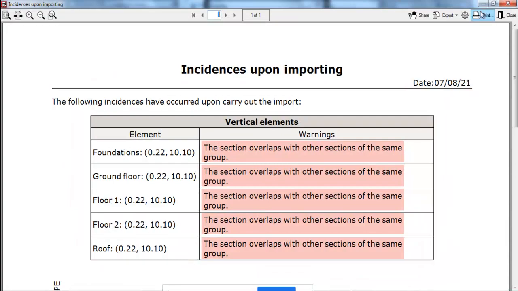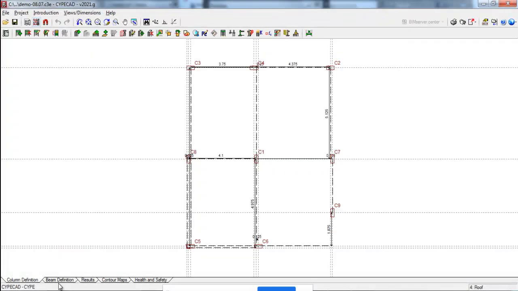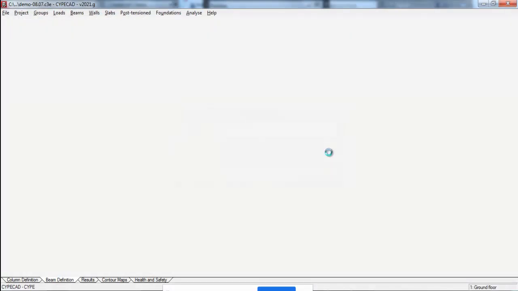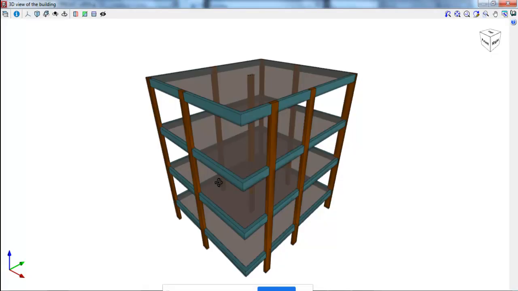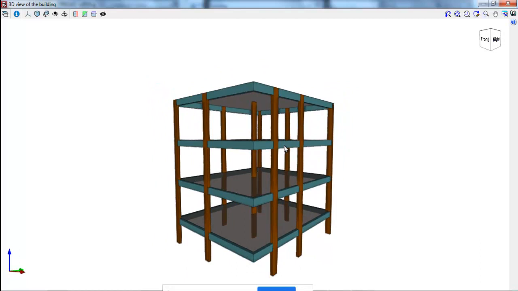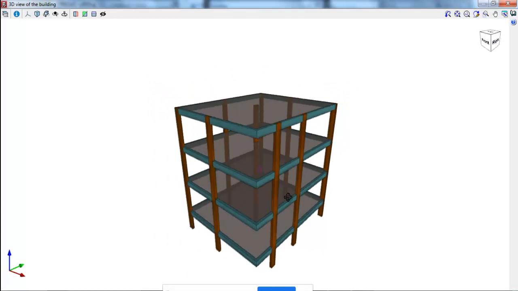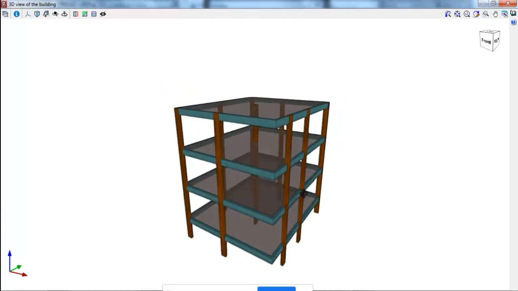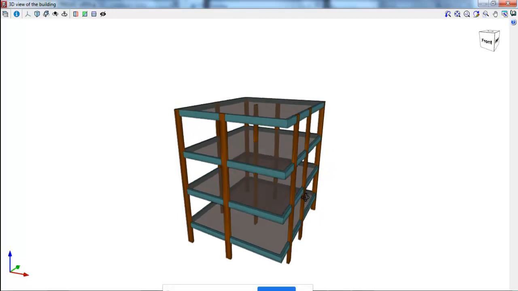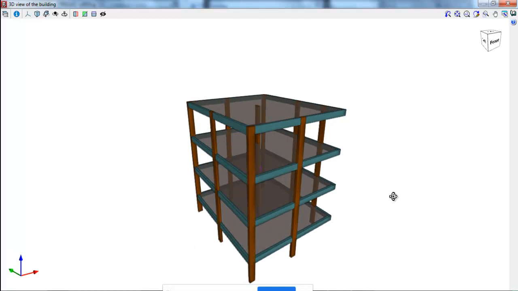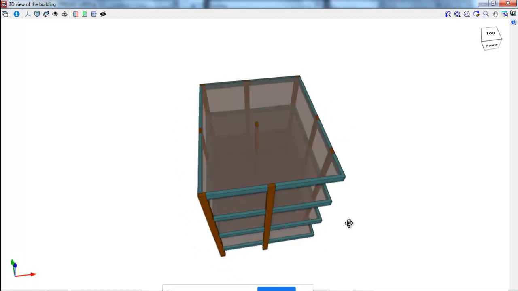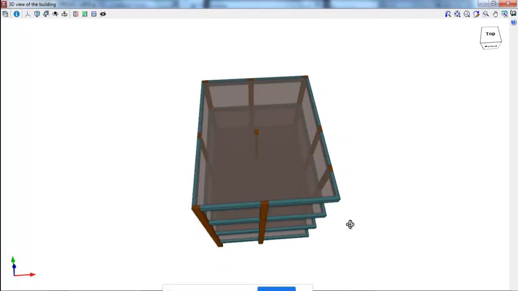When you accept this and come to the model, model creation, you can see the structure is already modeled completely. This comes straight away from the drawing. See, I am not creating column by column or beam by beam or giving any coordinates. The structural model is already created, and you can also observe a few things here.